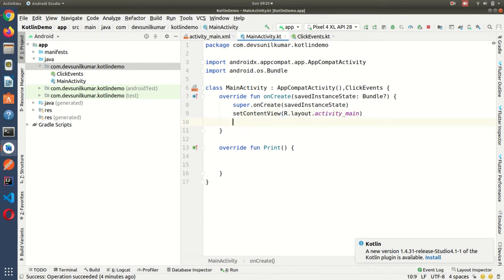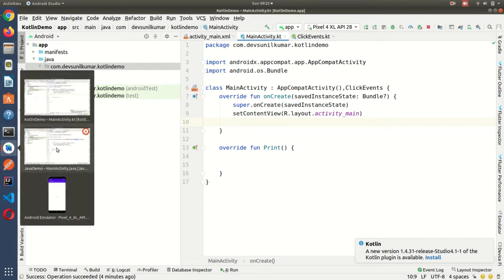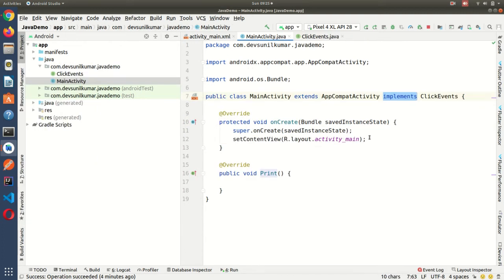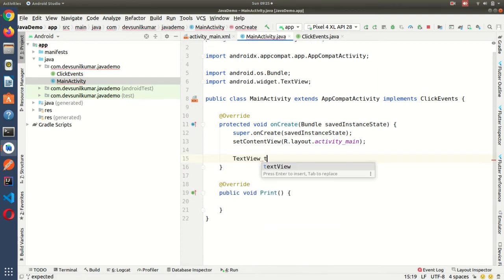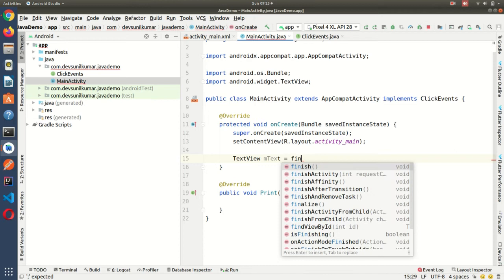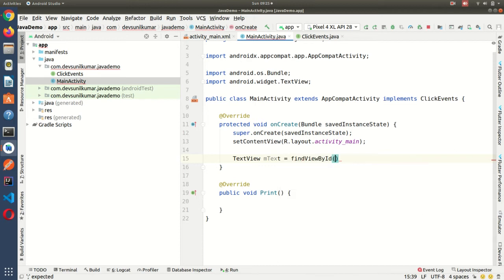The second thing is that Kotlin is null safe compared to Java. How can you say that Kotlin is null safe? Let me show an example. I am going to write code in Java. First I am going to call the text view, mText is equal to findViewById dot id dot text, semicolon.